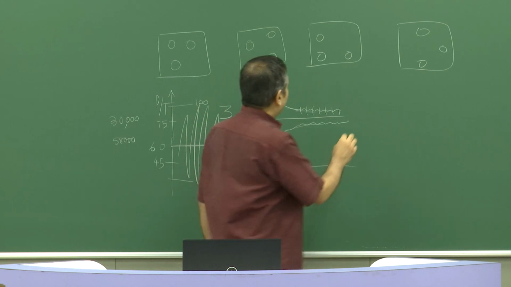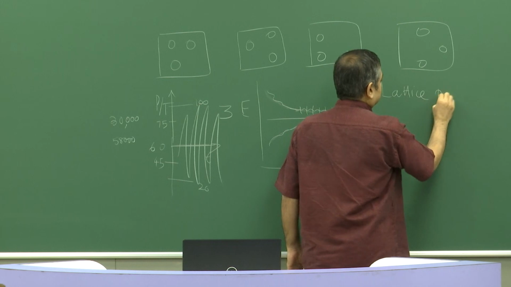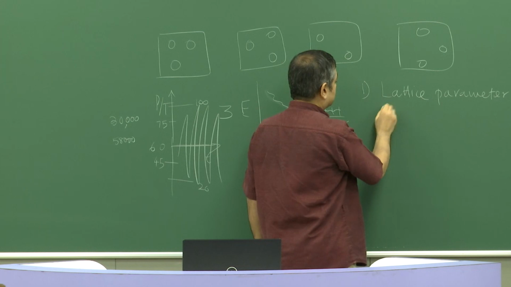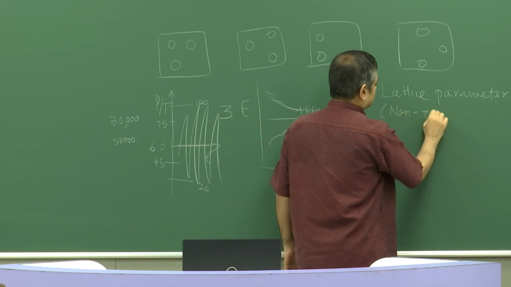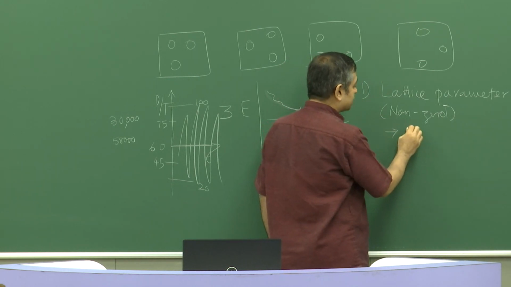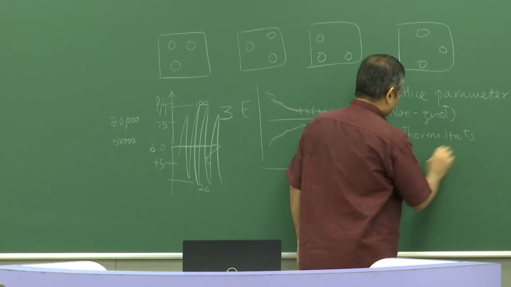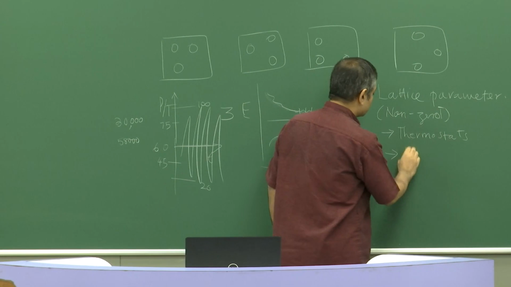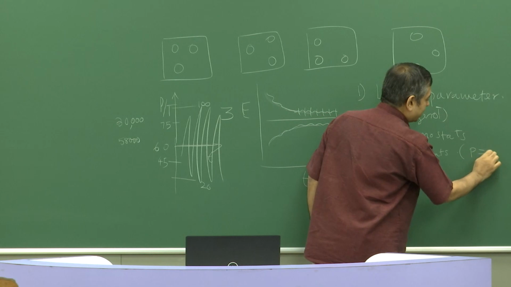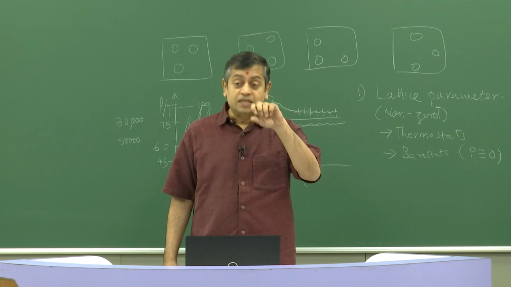Okay, so one exercise is the lattice parameter. Do it at a non-zero temperature, and that will also give you some experience with the thermostats. Use the barostats also, and you can maintain pressure at 0 or at some other value. The second one is